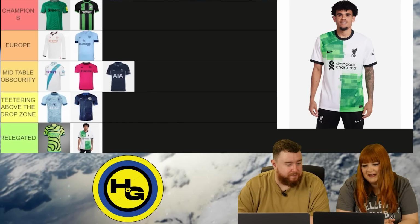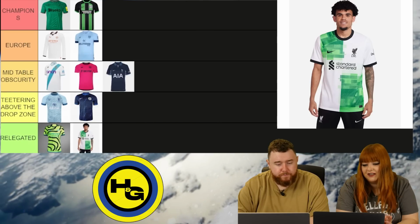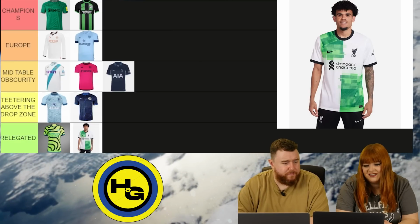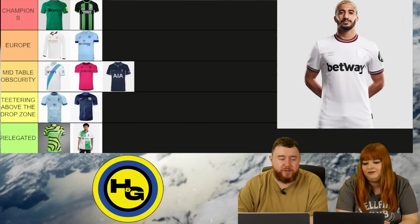It's absolutely disgusting. I mean, they had potential, like the white and the black, and the rest of it is kind of clean looking. But I don't know what it is, why they've gone for that. It's no. Disgusting. Moving on to West Ham United, the big issue with this shirt is the fact that the